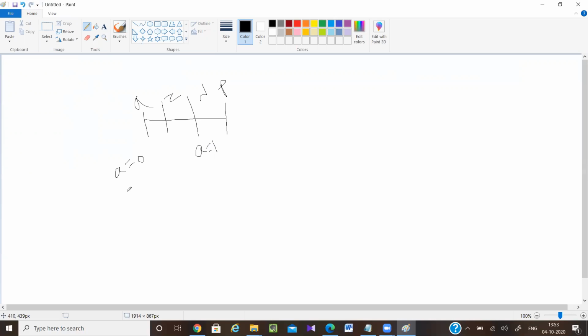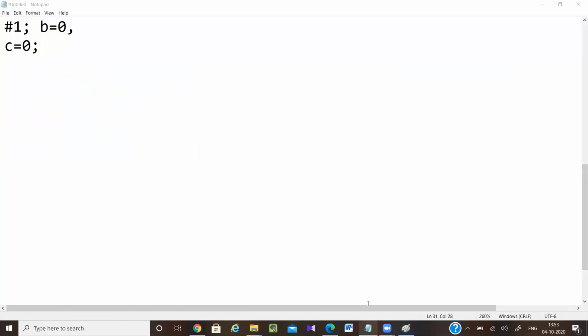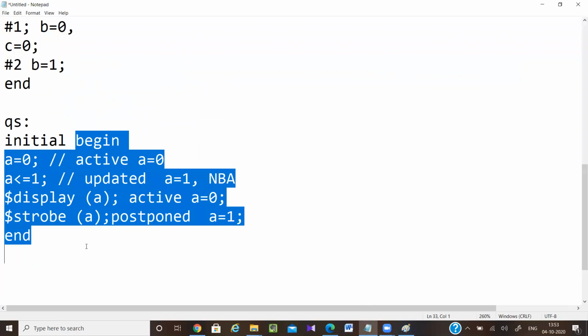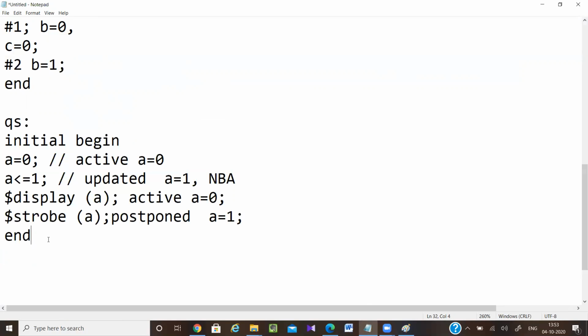Now $display will get executed here and $strobe will get executed here. So definitely $strobe will display this value and $display will display this value. And here you have to remember that as I am writing inside begin end, all these things are executed sequentially.